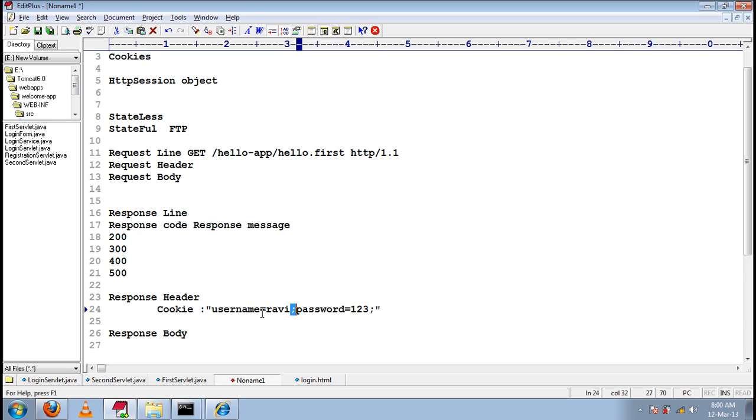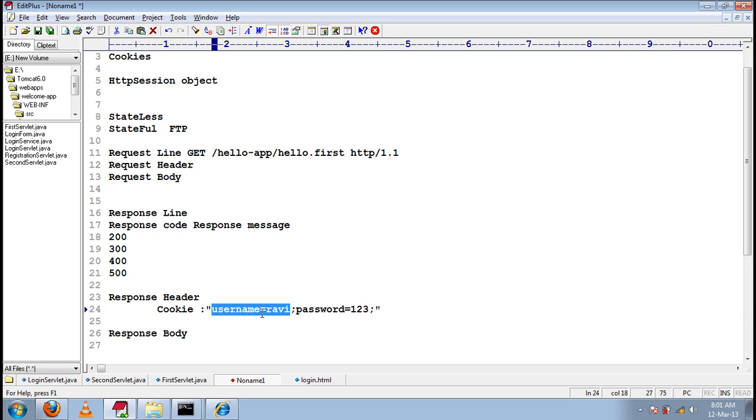In the same way, cookies will come in the request header. The name will be cookie and the value will be semicolon delimited key value pairs. So, cookies will be transferred in the form of headers.